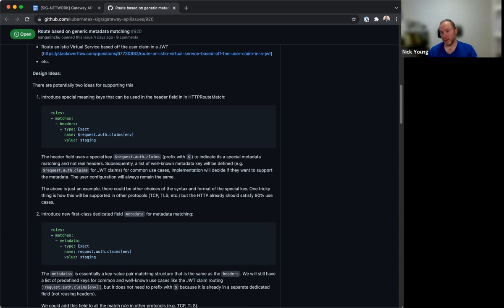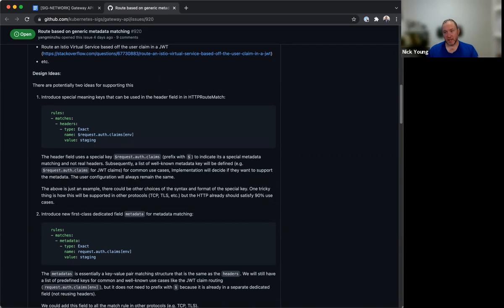One of the things I've been thinking about a lot is conformance, and how would we test this? How would we ensure that there's a specific way to do this and that we can write a conformance test against it? And how would we bound the scope so that you don't have to write conformance tests for all possible combinations of metadata?